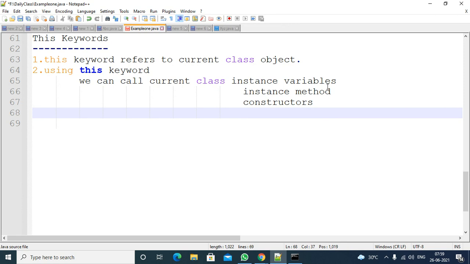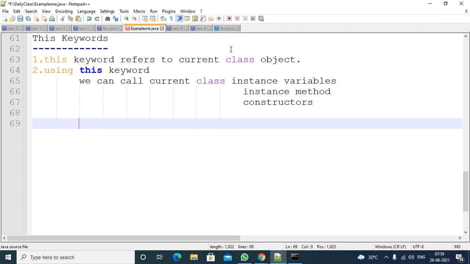If you want to pass the current class object, or if somebody calls a method expecting the current class object, in that case also you can use this keyword. So all these are this keyword uses. We will see with examples.